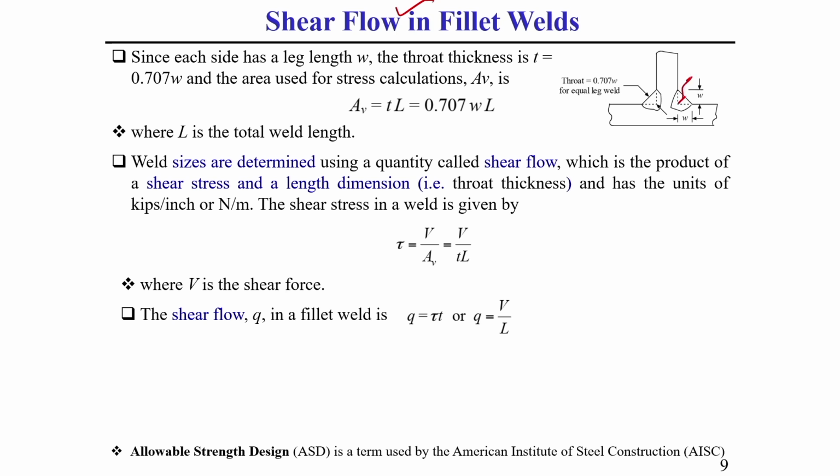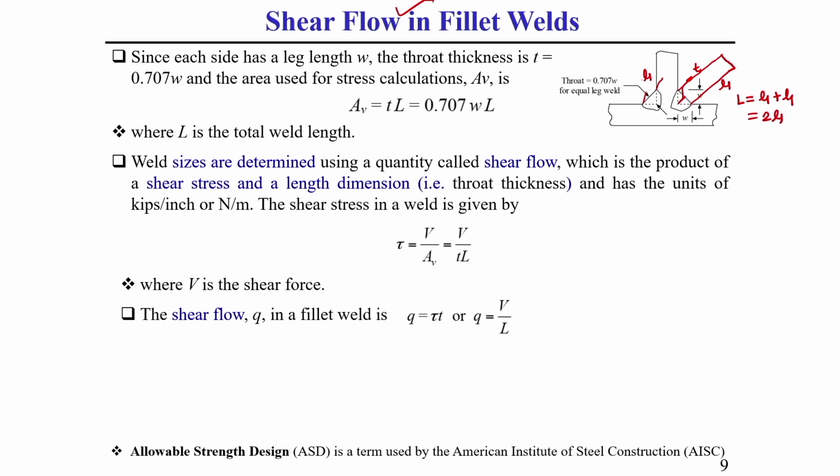this is our throat thickness T. So, if there is a weld length L, on this side there is a weld length L1, and this side also, both sides, if welding is there, this is also L1. Okay. So, the total length of the weld, if it is both sides, will be, always keep it in mind, L1 plus L1, that means 2 L1.